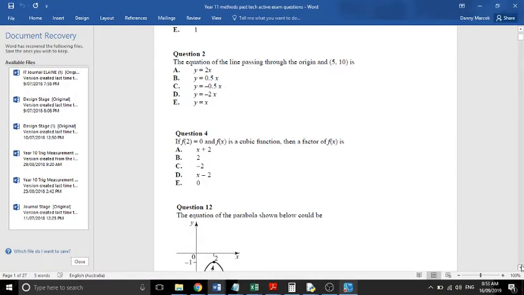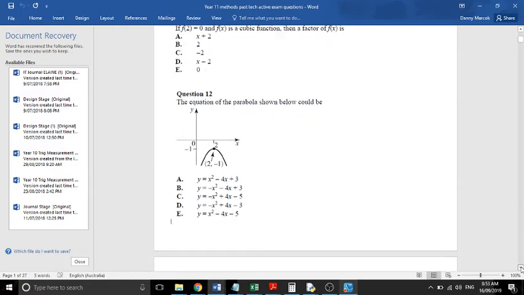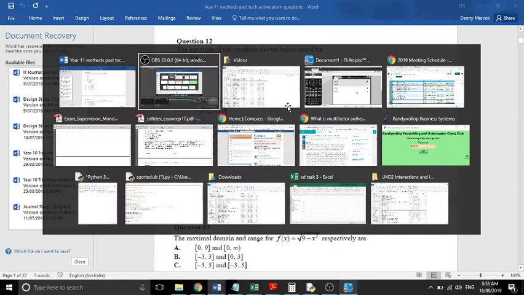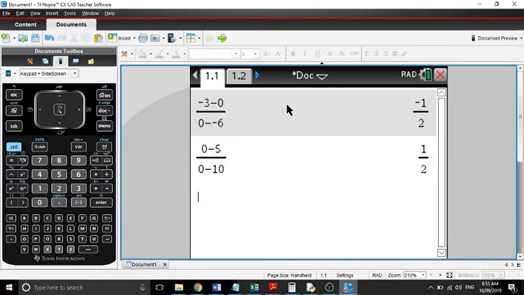Okay, so the next question is asking the equation of the parabola shown below. Well, having a look at this, we've got a turning point at 2 and -1. So that's all that we know. So what we're going to do, we'll put the indicators, we'll say